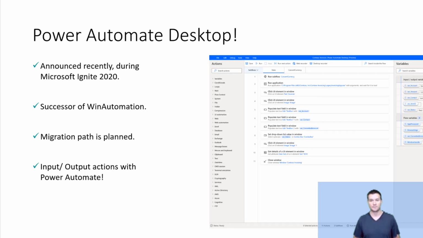The best thing about this new addition to the Power Platform is that it's seamlessly integrated. The flows are not saved locally; they are kept in CDS. They are also integrated with Power Automate, so we have input and output variables. We can pass parameters to RPA and then receive outputs from RPA. It is really, really integrated with the Power Platform, as all other applications are already integrated.